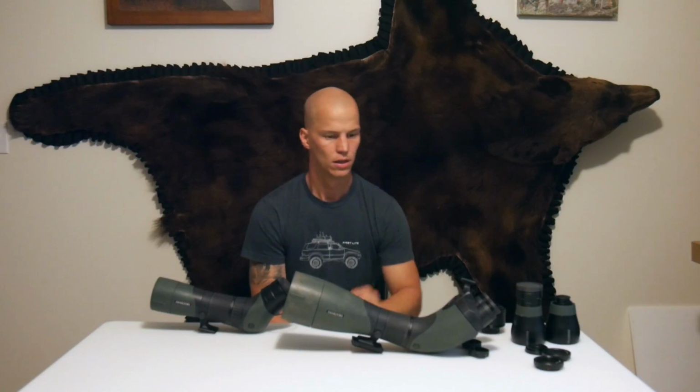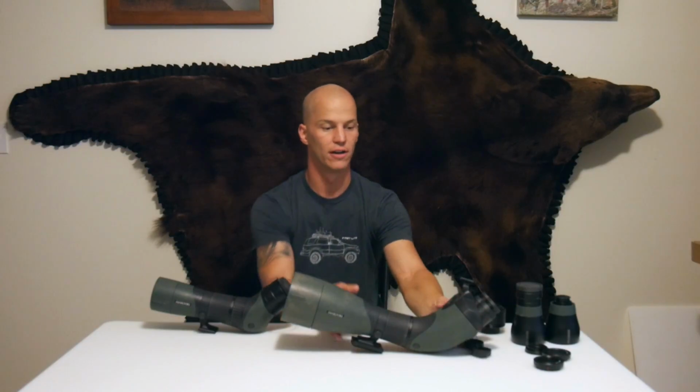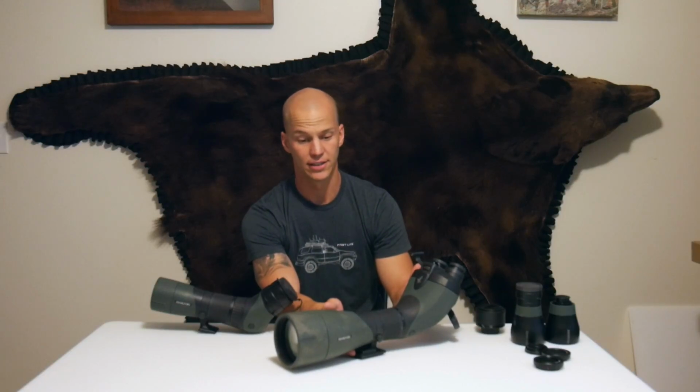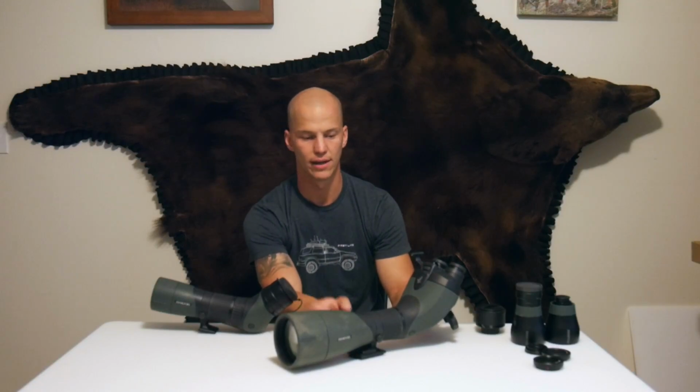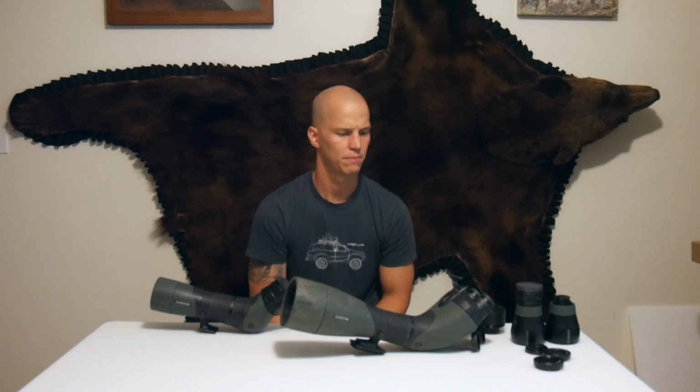That being said, a couple drawbacks. Once again, weight. It is going to be heavier. Now, if you compare it to, like, a Kowa Highlander, it's a lot lighter, even with the 95 on there. It also has, and I don't know how to maybe explain it,